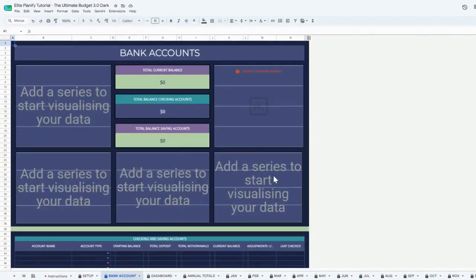This page helps you keep track of all your bank accounts, credit cards, and transfers in one place. Since the template is currently blank, you won't see any charts or summaries yet. As you start entering your account details and transactions, the totals and graphs will update automatically. At the top, you'll find a summary showing your total current balance, along with separate totals for your checking and